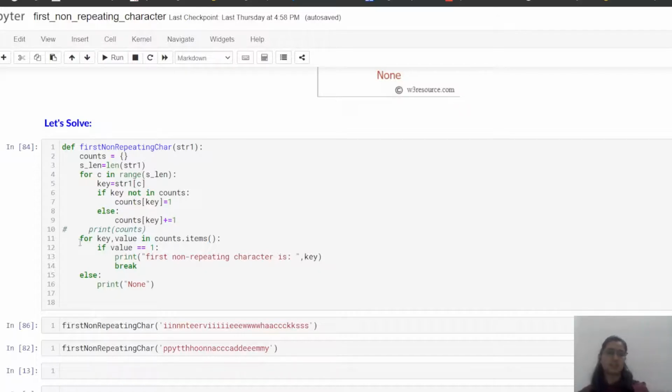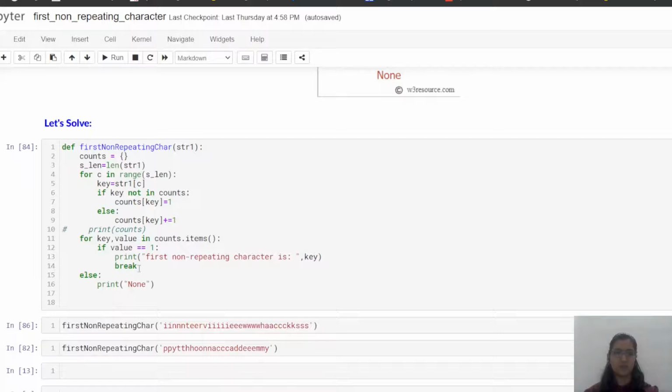Now we are taking another loop for key, value in counts.items. So we want key and value from this counts. So if value equals 1, then print first non-repeating character is key. So now we are checking if the value of the key is 1. If we get the value equals 1, we will print that character and I'm breaking here because we want only one character.